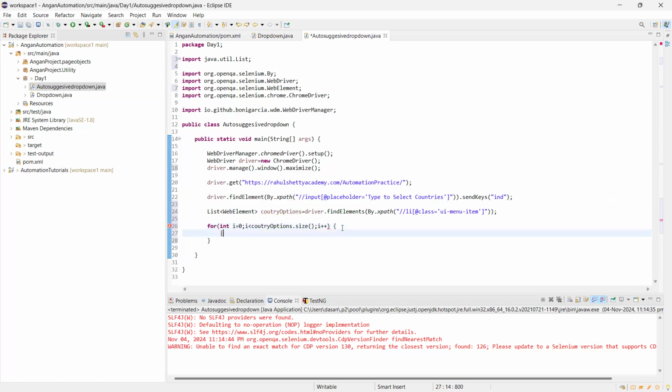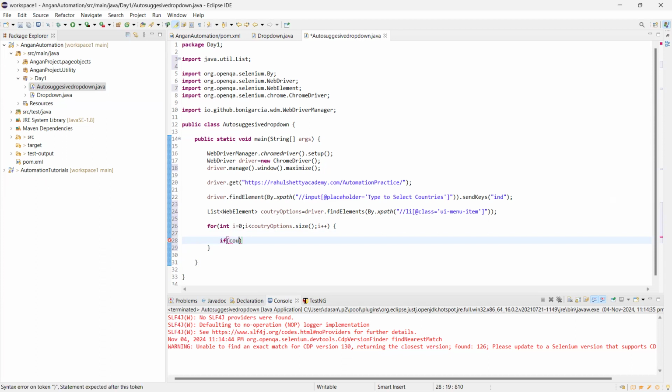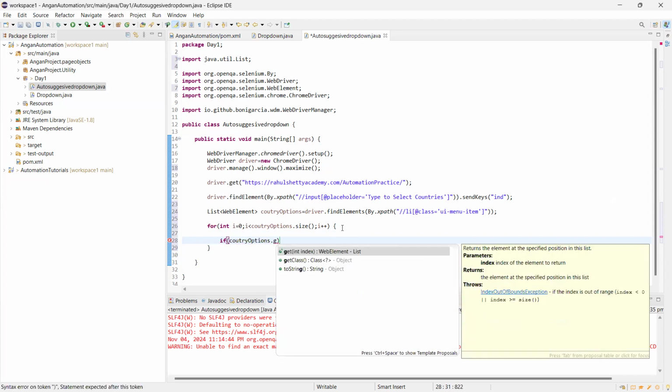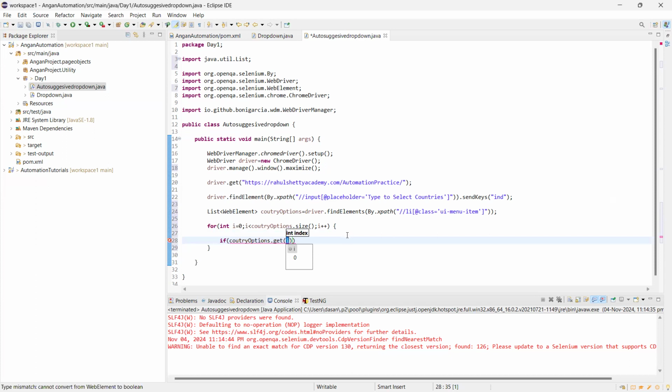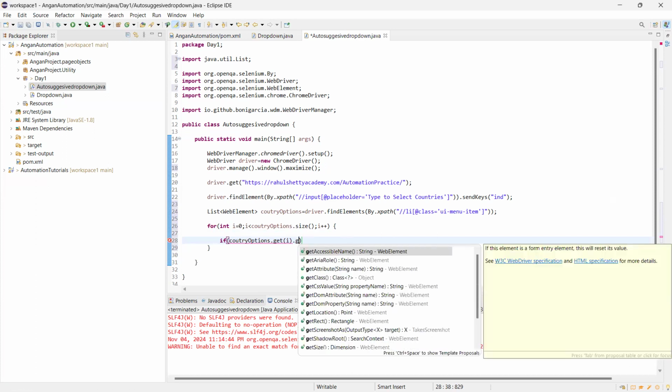So we are iterating over that loop, and so we'll put a condition: if countryOption, let me again paste it, countryOption dot get i index, that is the first index, dot getText